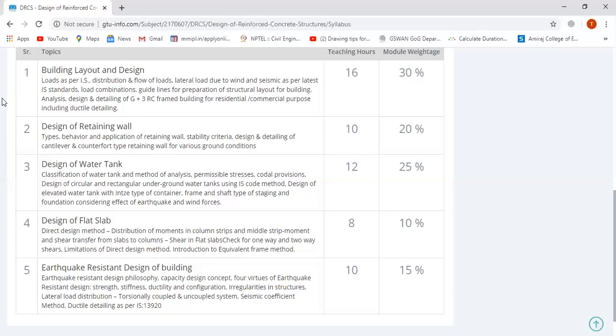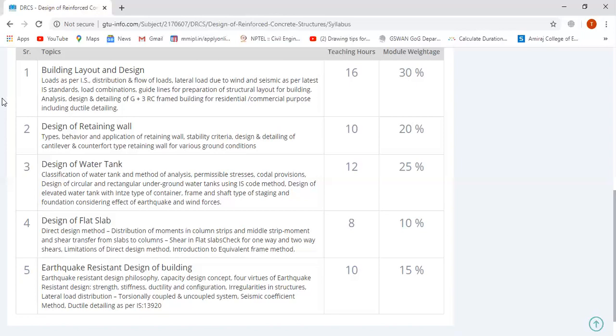We have to decide a particular pattern for putting the column and beam grid on our layout. In any building, there are n number of columns and n number of beams, but we have to number them to identify a particular beam and a particular column, for easy reading and understanding for the civil engineers working on site.